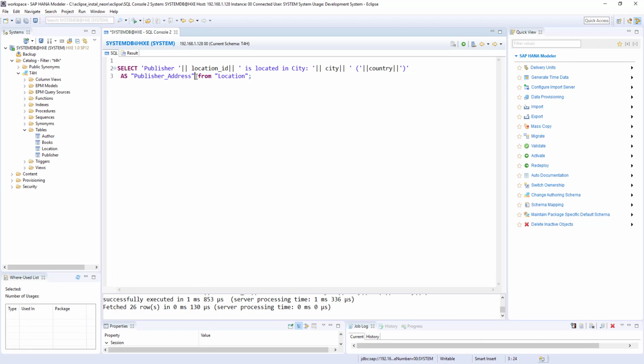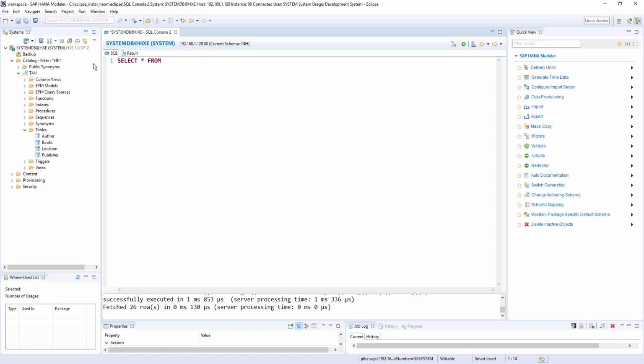So those are the calculated columns in literal form. Sometimes people mention calculated columns in a different way, like derived columns. Whatever, calculated column or derived column, both are the same. Okay, let's see numerical, mathematical calculated columns. These were string calculated columns, where publisher, is located, and so on are strings. So let's see another example of mathematical calculation.